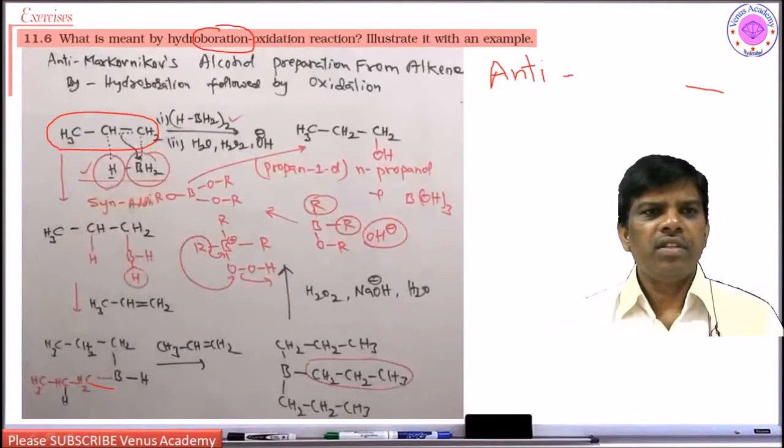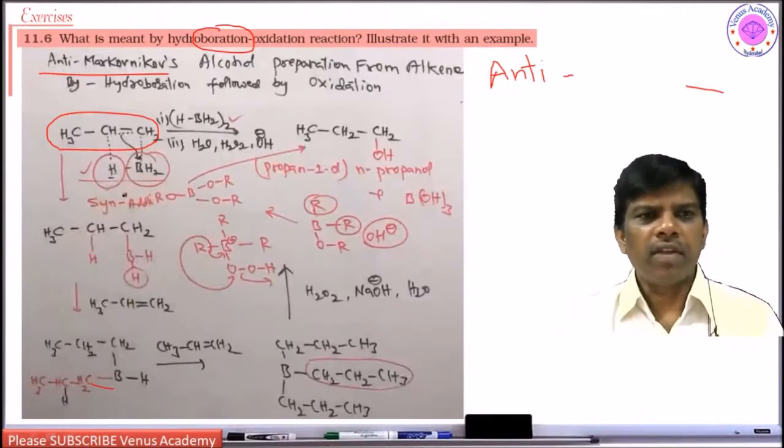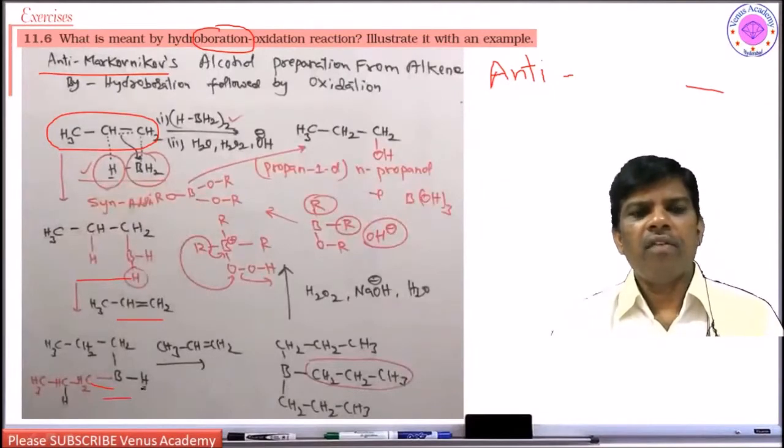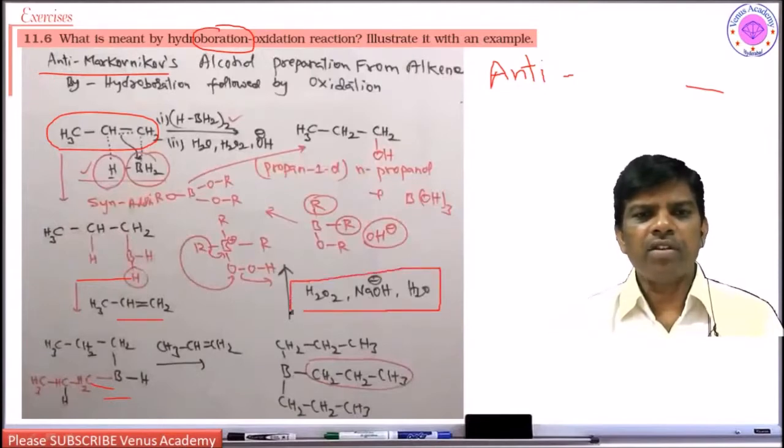Yes students, the first step is that it undergoes syn addition. Syn addition means the hydrogen and boron add from the same side to give this alkyl boron, and this boron further adds to another molecule of alkene to give dialkyl boron. This dialkyl boron adds to another molecule to give trialkyl boron. Trialkyl boron, when treated with hydrogen peroxide in the presence of base, takes an OH group and rearranges to this